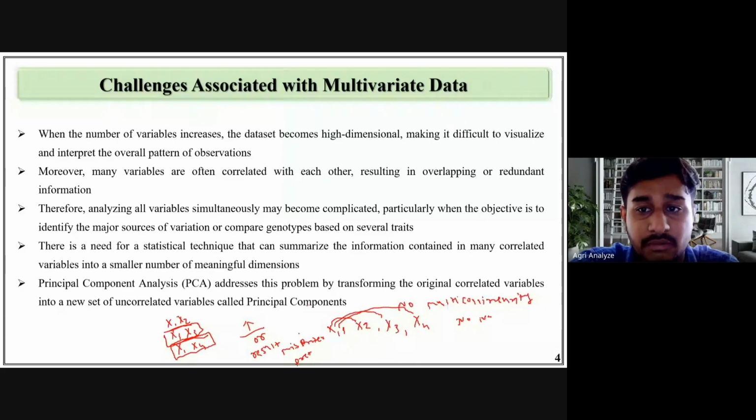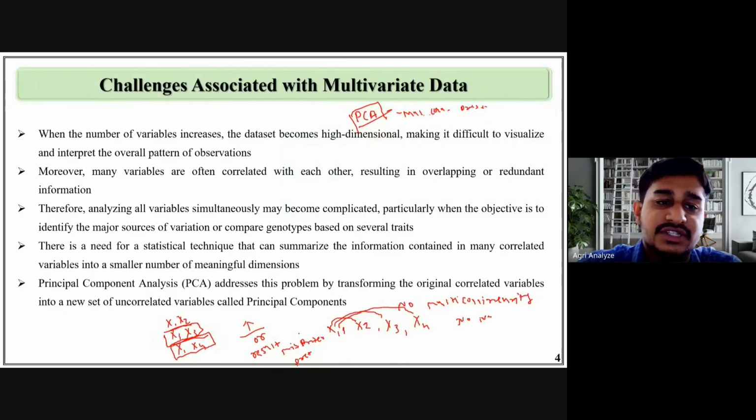So first we have to remove this multicollinearity in our data, then we perform multiple regression analysis. So how do we remove this multicollinearity? Here we use the PCA technique. Okay. If multicollinearity is present,